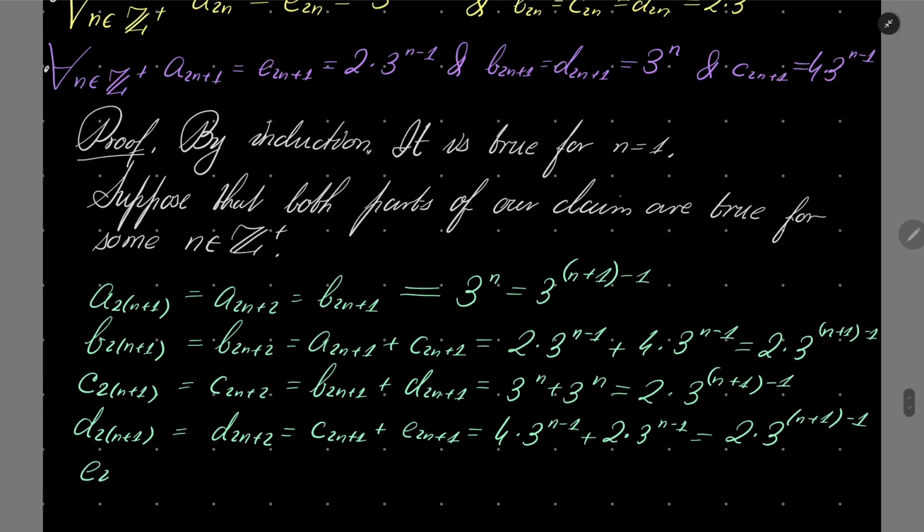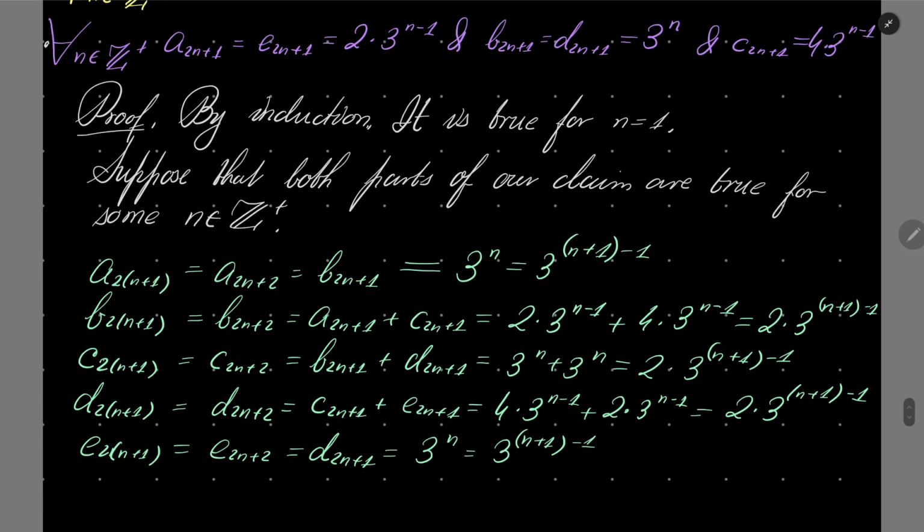And finally, e to n plus 1 equals, by our recursion, it's e to n plus 2, and it's by our recursion d to n plus 1, and d to n plus 1 is 3 to the power of n. And 3 to the power of n is 3 to the power n plus 1 minus 1. Okay, we are halfway there. Now we need to check